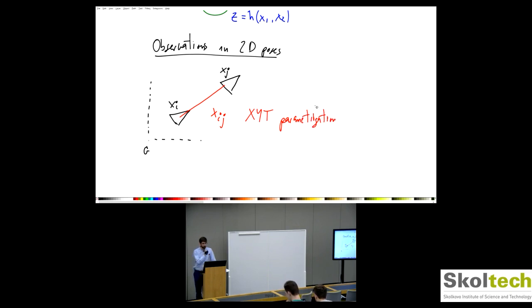This is going to be more clear when we start talking about rigid body transformations, right? But for now, I think what you need to think is that there's a function that is giving you what is this relative pose, right? So, from I,